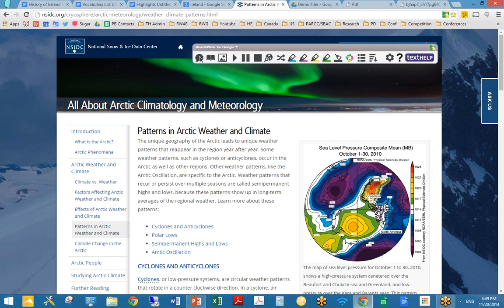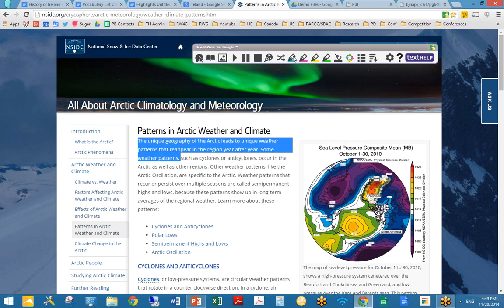And then also if I don't know a word and I want to do a web search, I can use either that fact finder or I can have it translate and read aloud in my language, either Spanish or French. And then the same types of tools are very applicable, especially on web pages where students do a lot of research. Again, if I was going to be doing a research program or research topic here, let's say for weather,